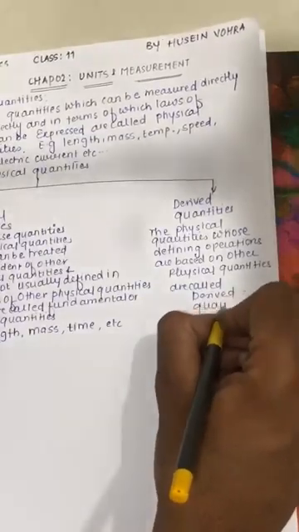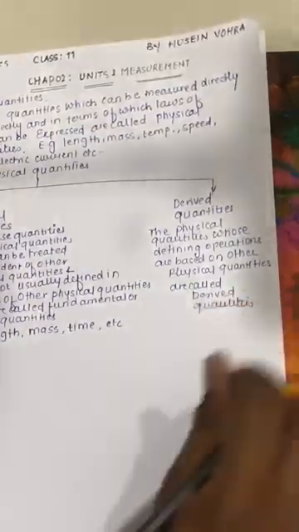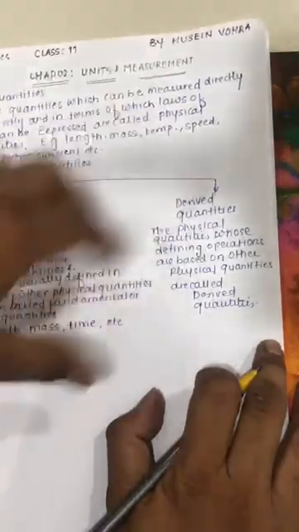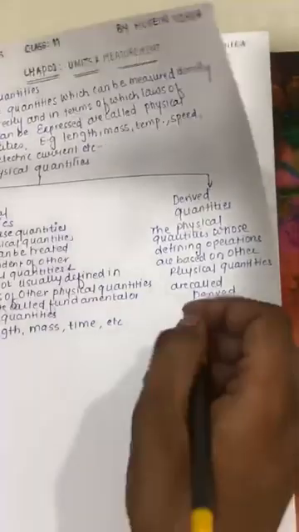They are simply the physical quantities whose defining operation requires additional fundamental quantities. Such quantities are known as derived quantities. Example,